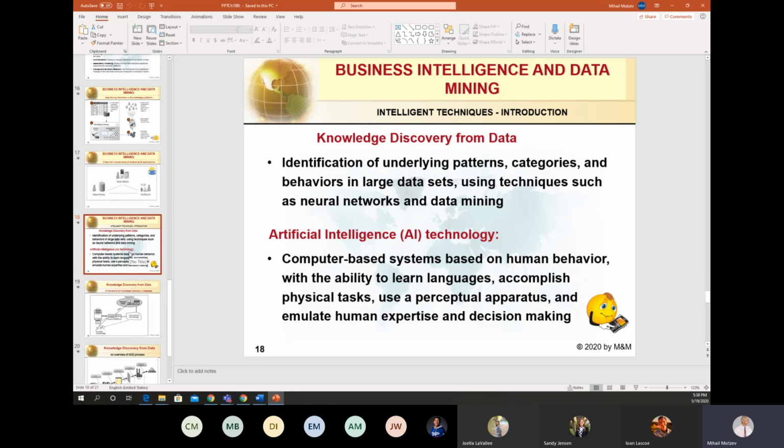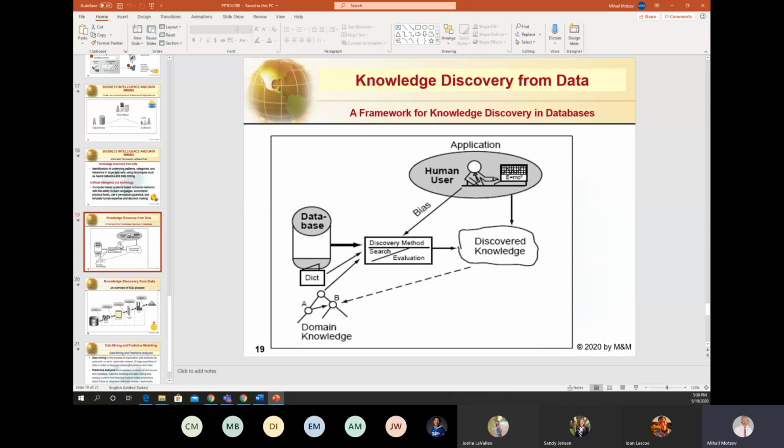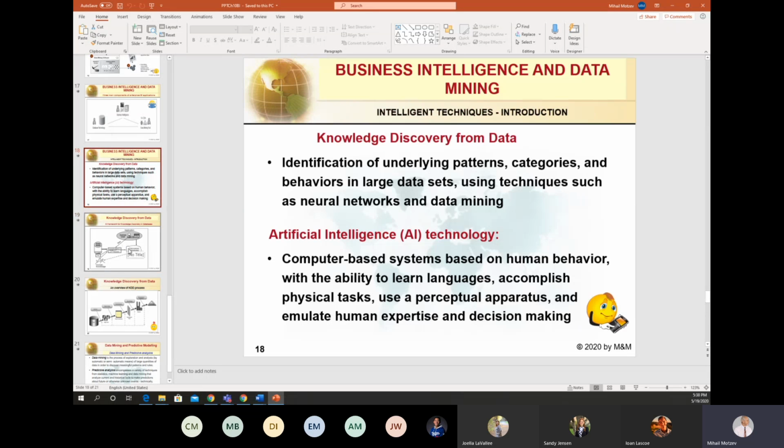But let's consider what is the purpose of the knowledge discovery from data or in databases, and how it happened that intelligent tools were concentrated in this area.